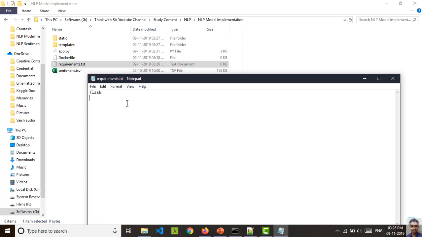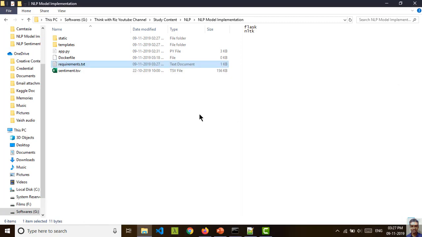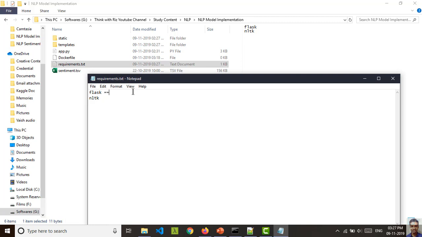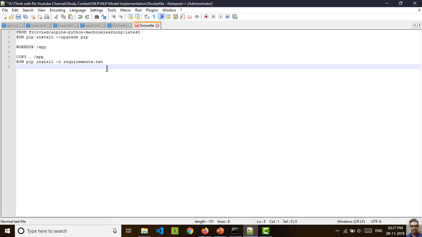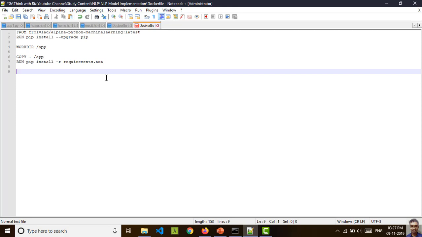Okay, so I will install Flask, that I need. I will need the NLTK library. Just close it. So these two things I need. You can also give some version name, for example equal to 1.1.1, and for the NLTK library. We generally want to use the latest one, so that's why I'm not going to give any version here. If you have some compatibility issue, you can give the version name also. Okay, so after that, after running pip for all the requirements,